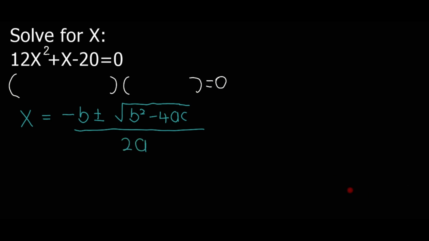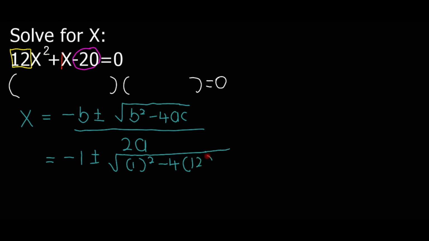We can see that your a is 12, your b is 1, and your c is minus 20. From there we substitute: we have minus, and then your b is 1, and then plus or minus the square root of 1 squared minus 4, and then your a is 12, and then your c is minus 20,